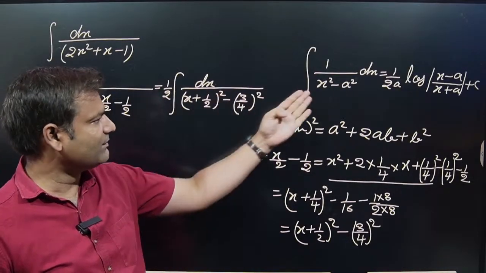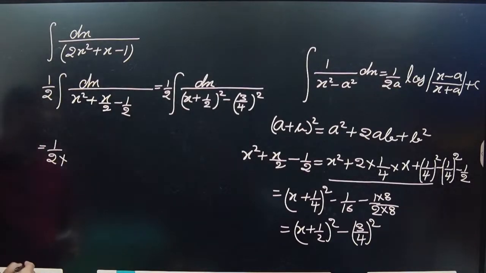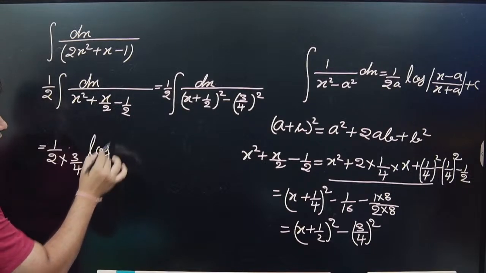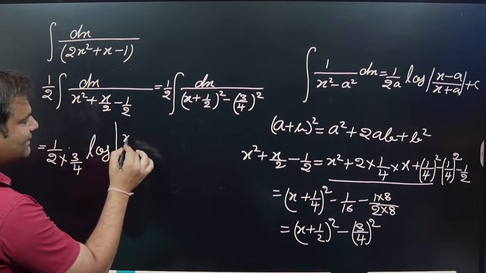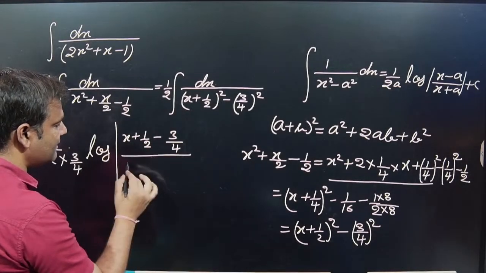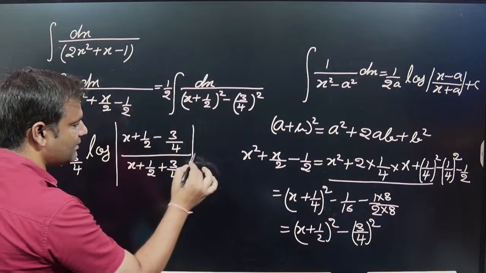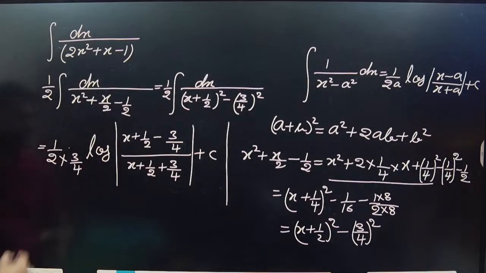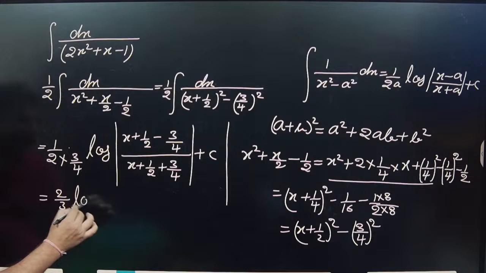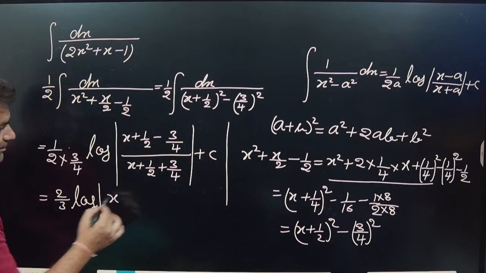If we apply that formula here, we get 1 by 2 into 2a, which is 3 by 4, into log of (x + half minus 3 by 4) divided by (x + half plus 3 by 4) plus c. What about that value? So 2 by 3 into log of